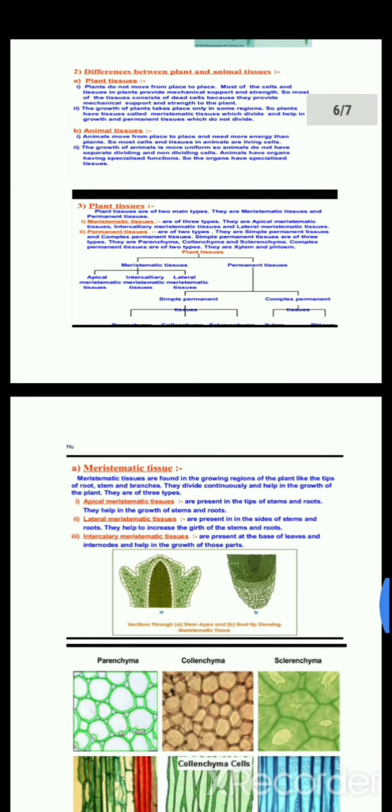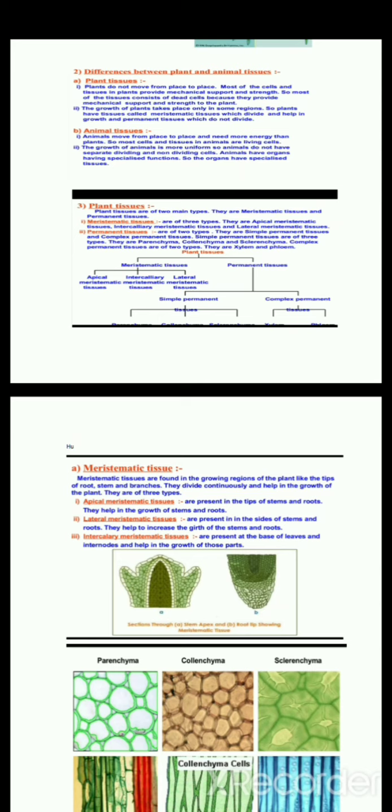Now comes your plant tissues. So basically they are given the same thing, meristematic and permanent tissue. Let me tell you something about parenchyma tissues. See, parenchyma tissues are those tissues which are made from meristematic tissues. Okay. Now they have lost the capacity to divide further. See, meristematic tissues are continuously dividing, but permanent tissues take a particular shape, a particular size, a particular structure, and acquire a particular function also.